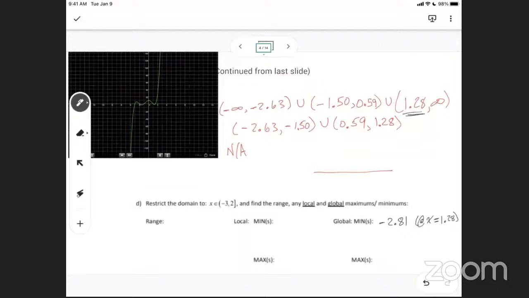Because I already found those maxes and mins, right? Now you might not have to do that, but sometimes they ask for that, so I'll put that in there for you. The local min